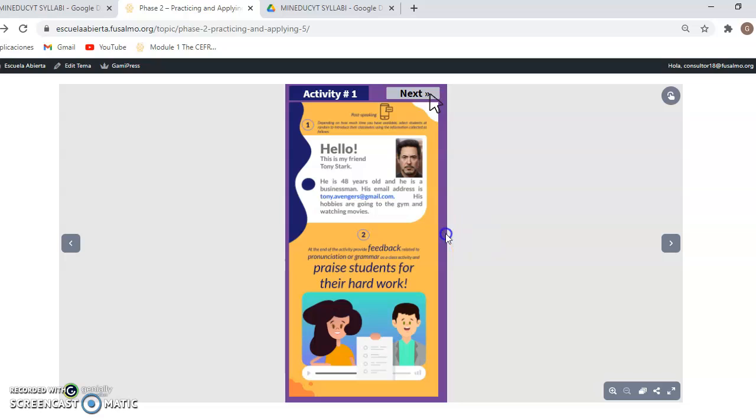And finally, once they have their profiles, you are going to show them a similar presentation about the person you wrote about, that was Tony Stark, and they have to follow the model. They will have to introduce their friends to the class, showing or presenting the information from the Instagram profile. Information such as name, email address, occupation, and free time activities. So now,